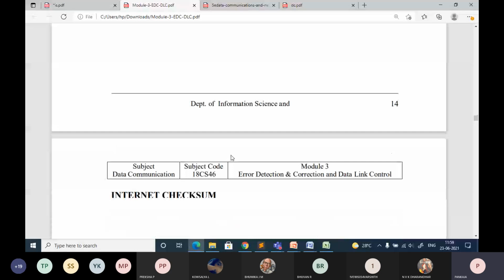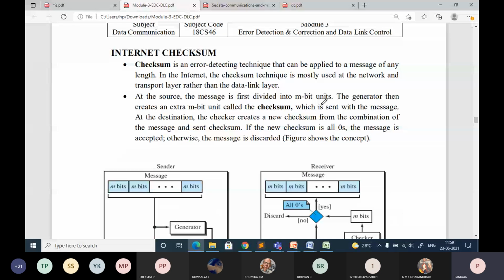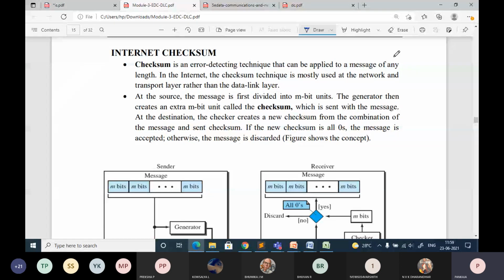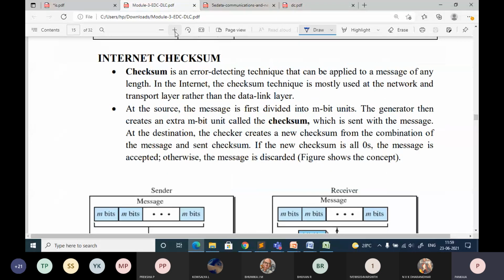Okay, so shall I start? This is the last topic of third module. Today I want to even start the fourth module quickly. At least I need 2 more classes to complete the syllabus for the IA, but I have only 1 hour. I need to check with other faculty to get the extra class. Otherwise it will be planned on Saturday afternoon. I'll find out with the other faculties.